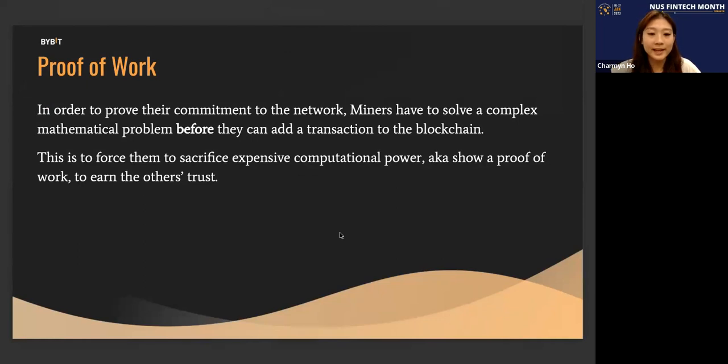So it's very straightforward. Before a miner can add any block of data to the network, they must first solve a complex mathematical equation. This equation is not like any that we know of. It requires pure guess and check and like a brute force to sort of arrive at the answer. And there's no replicable methodology that miners can use. Hence, miners require the use of extremely expensive hardware called ASIC machines to solve for these equations and add blocks of data to the network.